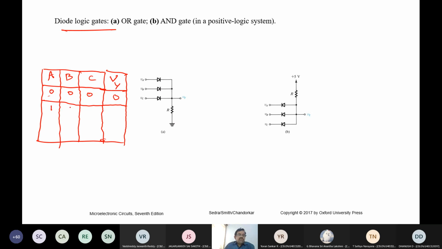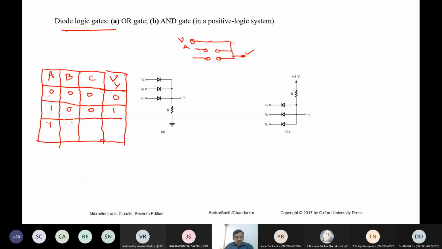Okay, and let us say in an OR gate we are talking about, if only one diode is conducting, so whatever voltage VA I am applying, because it is short circuited, that voltage will appear at the output. But the other diodes, for example, are open. So let us say this pertains to this condition, and you will get an output because this diode is conducting, it is shorted, so that voltage will be measured at the output. Similar thing here.